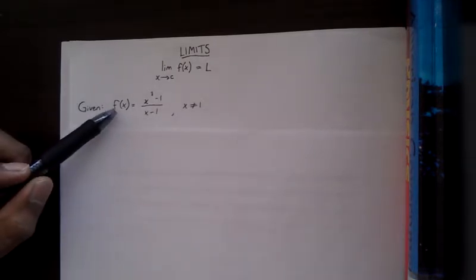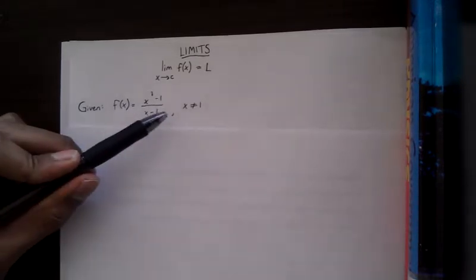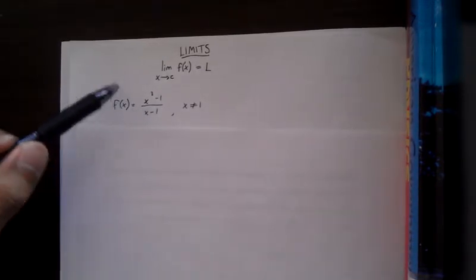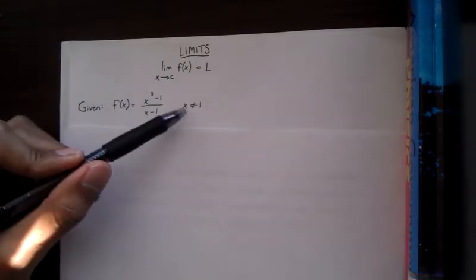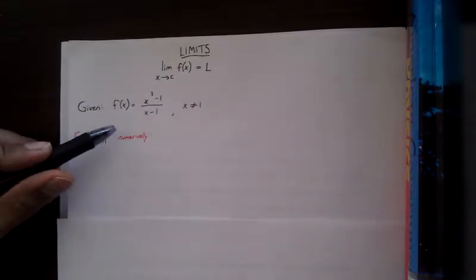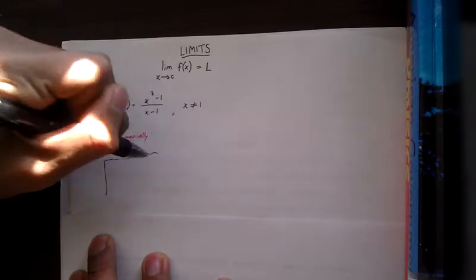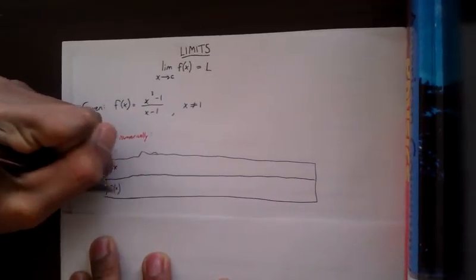So if we're given the example f of x equals x to the third minus 1 divided by x minus 1, and x does not equal 1, then that's pretty much saying this graph is going to be the graph, except at x equals 1 there's going to be no y value. So to find the limit as x approaches 1 numerically means to set up a table where you have your x's and then your f of x's,